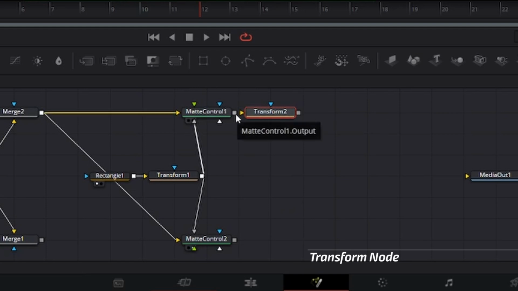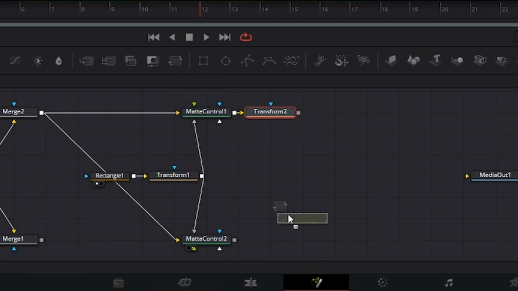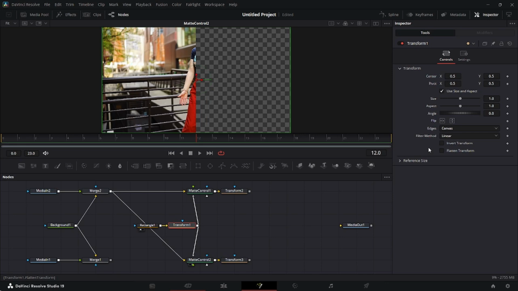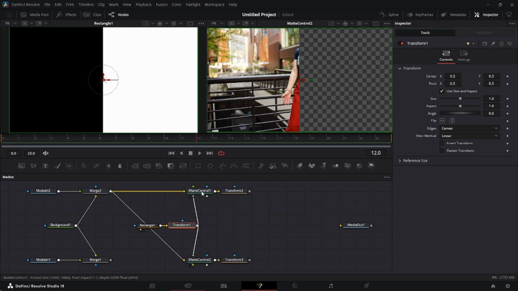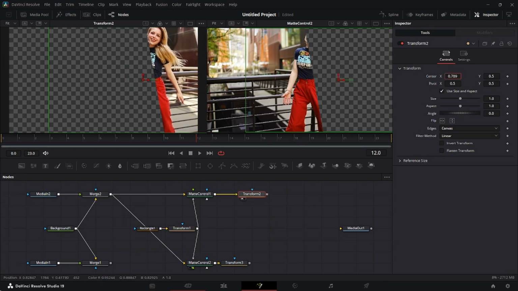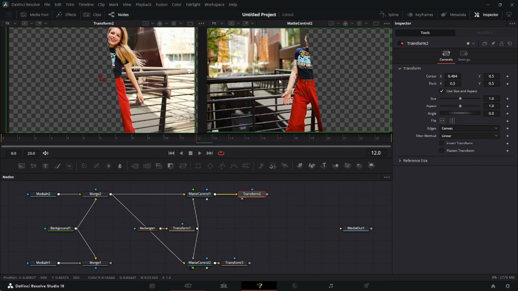I'm going to connect this to the transform node. Then I bring in another transform node, connect this to this transform node. But you know something, you notice I said that I want to be able to tilt the angle at which this cuts off. Let me make this a dual viewer so we get to see both points. So this is the other half, this is the other half. Now the thing about this is if I now drag this transform node here, you see it's moving straight. It's not moving along the axis of this